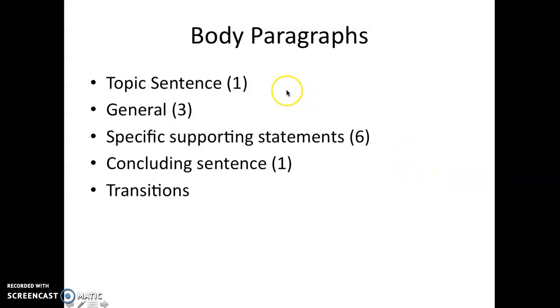I like that video. And what the teacher comes up with is that a good body paragraph should have 11 sentences: a topic sentence, 3 general statements, 6 specific supporting statements, and a concluding sentence. Now, I don't want you to be counting every paragraph to see if you've made it to 11 sentences, but the idea is, you should always have a claim. This is what I'm arguing in the paragraph. Your general statements should be kind of like your reasons for why you believe the thing that you're arguing for. And then the specific supporting statements are evidence that supports the reasons, okay? And then you have a concluding sentence. The transitions get you from general idea to general idea.